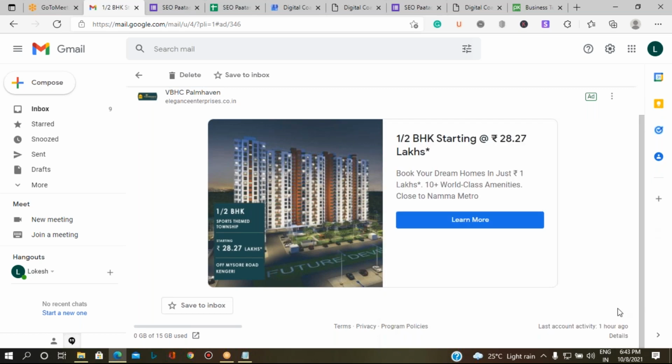So when I want to send an advertisement mail, we are not going to use our normal mail servers, because they have certain restrictions: you cannot send mass mail at once, not more than 50 mails at one shot. And if any commercial content is found, it is going to be marked as spam. So when we want to send information about our business through mail, we can use certain third-party applications.